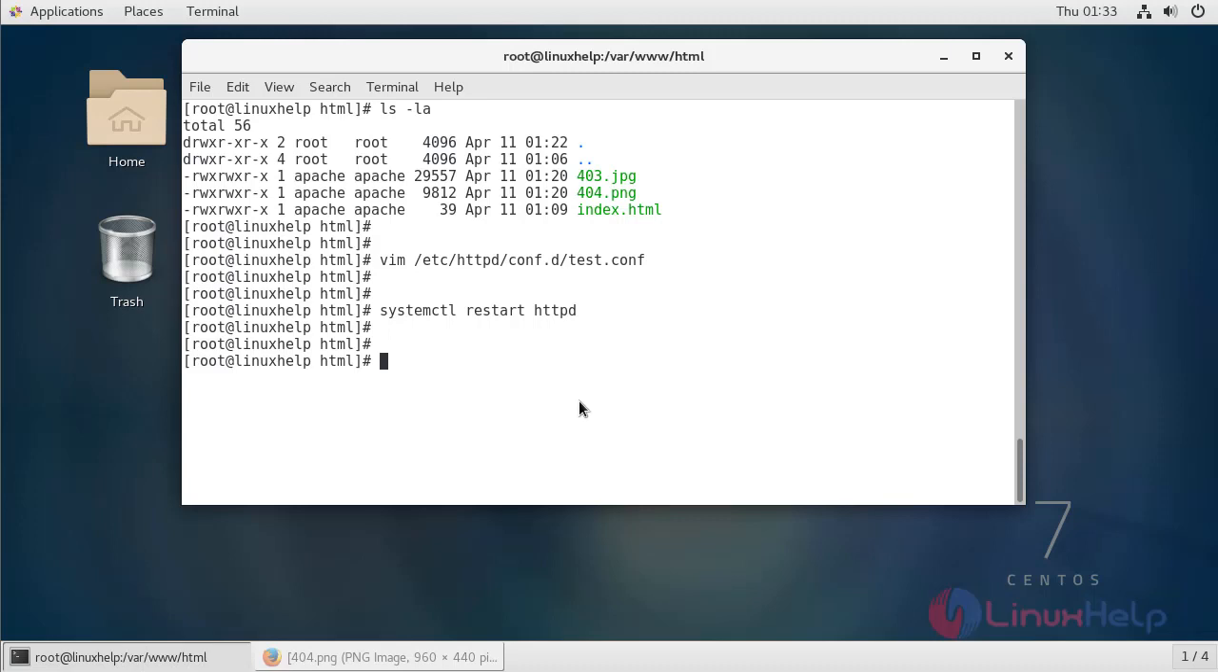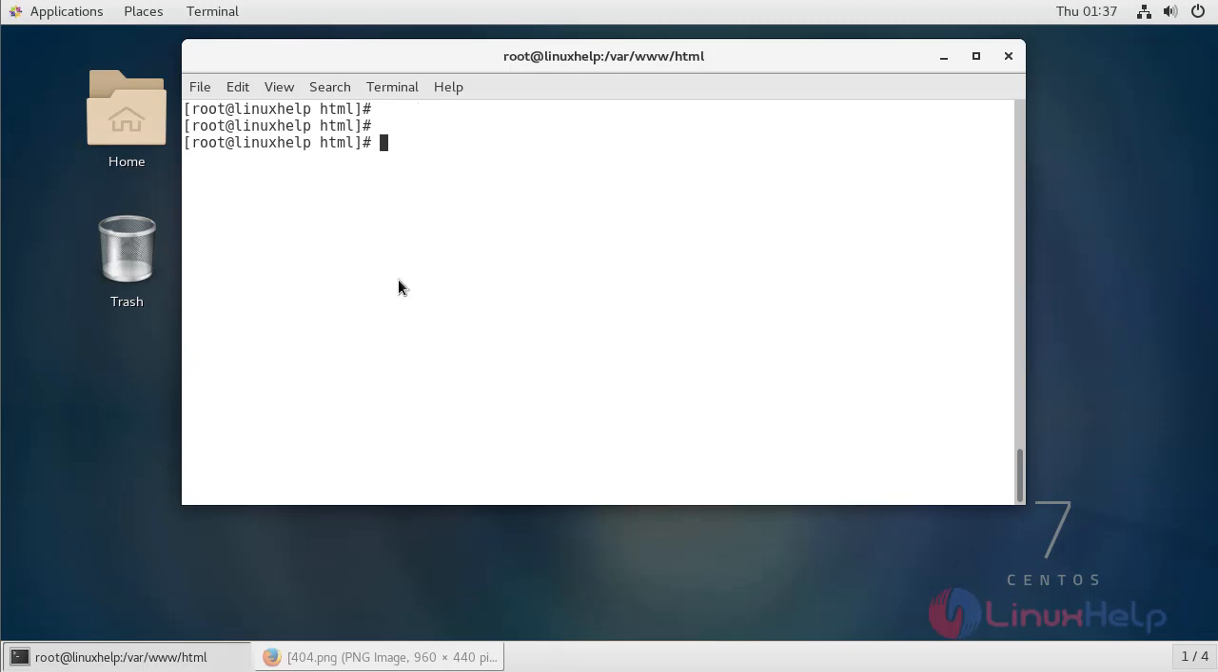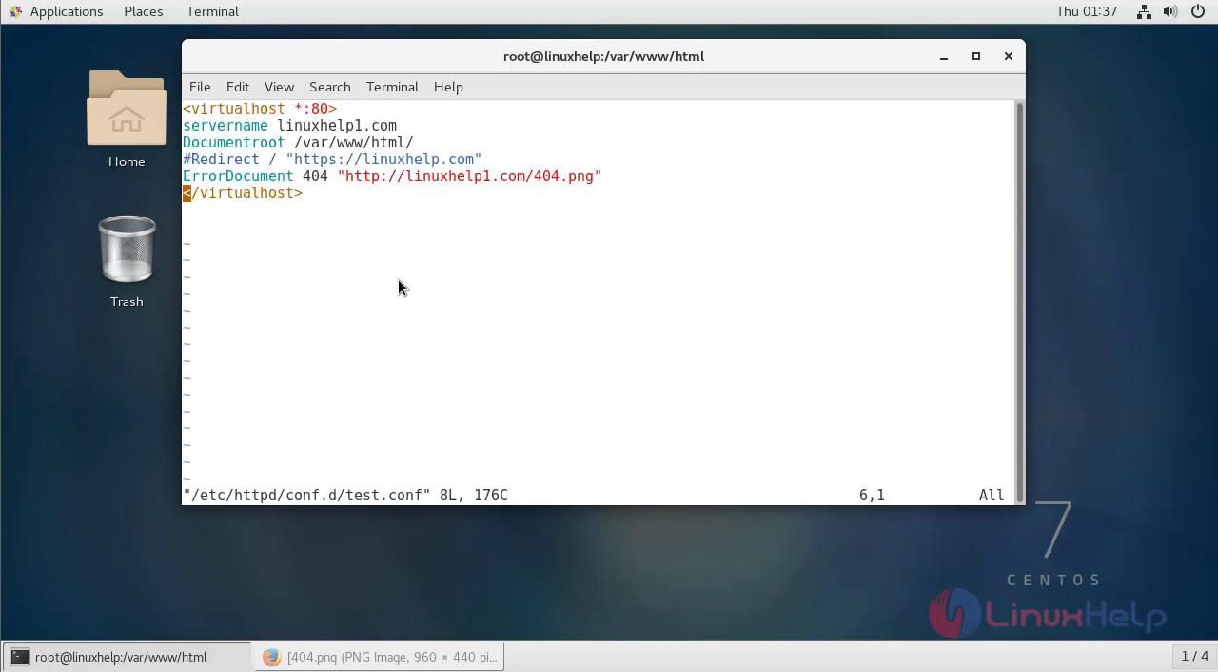Then finally I am going to show how to configure the Apache 403 error page. So go to the document root. Here I am going to create one directory by using the mkdir command. Then we have to open the test.conf file. Now change to insert mode. Here we have to add the following line: